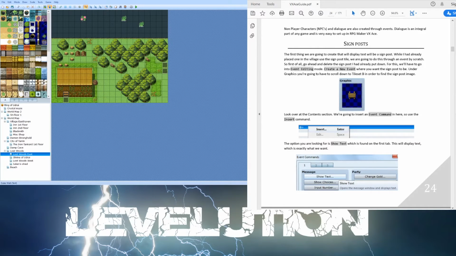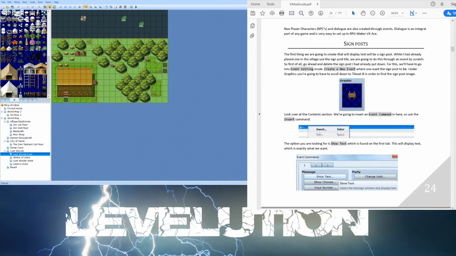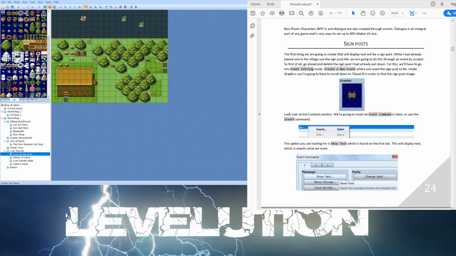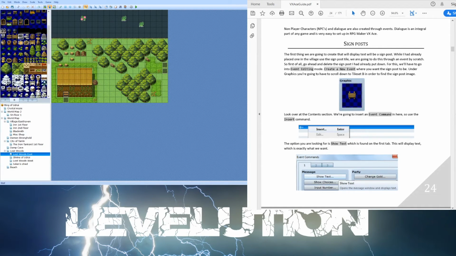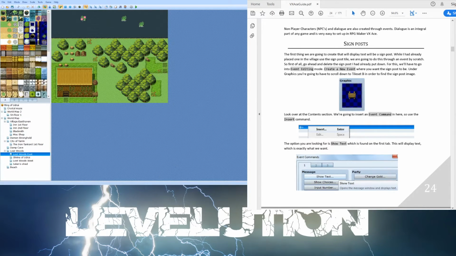Okay, so we need to place a signpost, which is simple enough. It's in one of these. We don't need a snow-covered signpost. We just need one like that. And we need to go back to this one so we can place it down, which we will, like so. I was wondering whether I should just have it on the wall somehow, but no, we're just going by the book. Okay, so